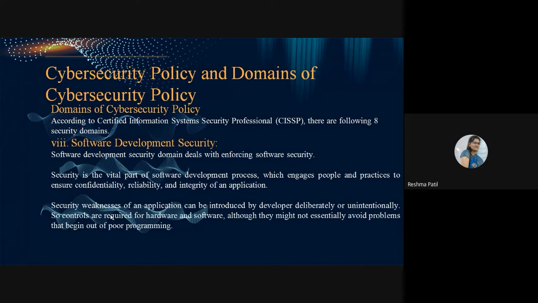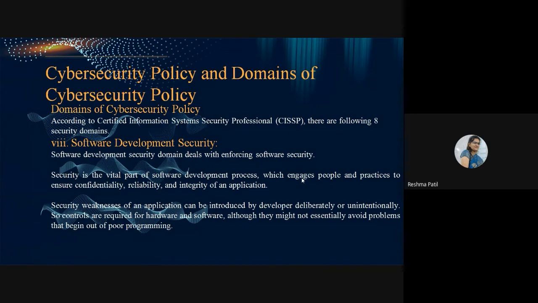And the last domain of cybersecurity policy is software development security. This domain deals with enforcing software security. Whichever software the organization is using, we have to enforce security for that. The development team is there, and we are enforcing security at development time only. Security is a vital part of the software development process, which engages people and practices to ensure confidentiality, reliability, and integrity of an application. So while developing only, we have to think about security